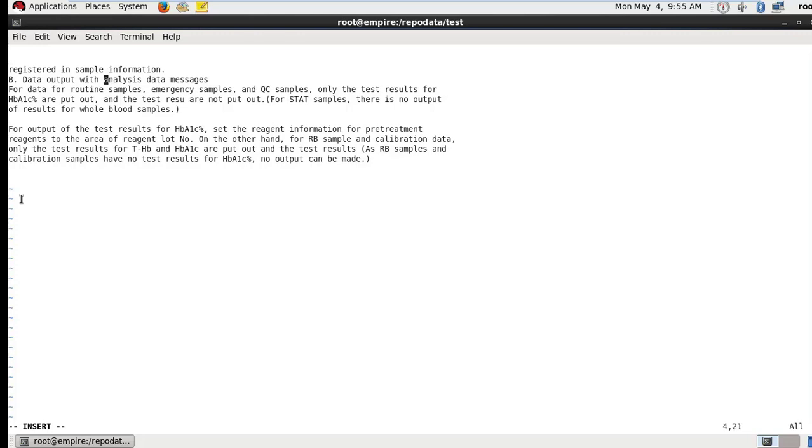To insert text in a line, position the cursor where the new text should go and type I to go to insert mode. First, you have to go to insert mode. Then enter the new text. The text is inserted before the cursor. Press escape to go back to command mode.